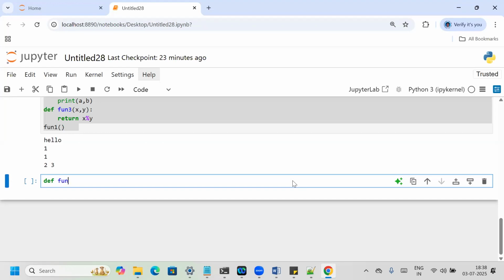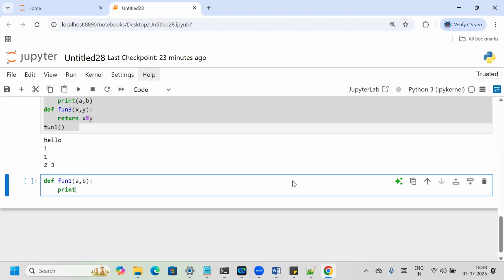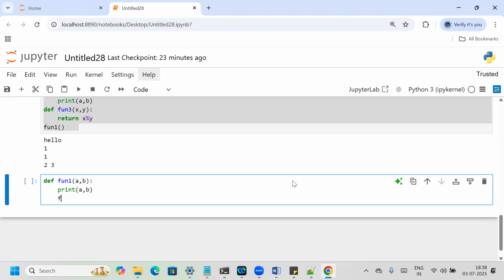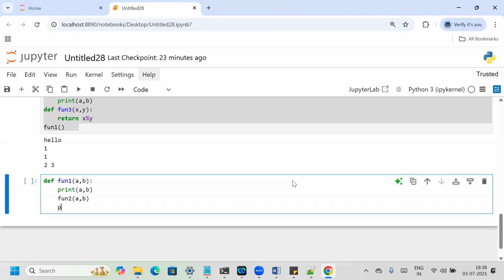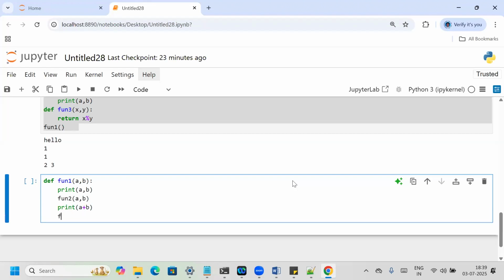I'm writing here function 1. I'm passing here a comma b, right? Then I'm printing a comma b, right? Then I'm calling function 2. I'm passing here a comma b, right? Then again I'm printing a plus b, right? Then again I'm calling function 3. I'm passing here a comma b. I will write this function inside the print, guys. That will be better. So print,